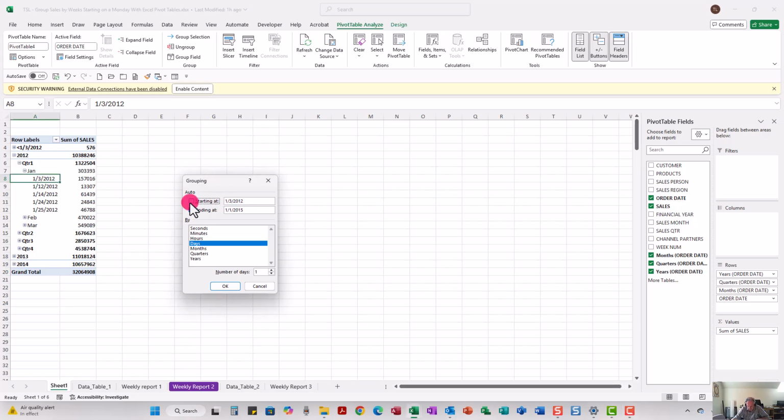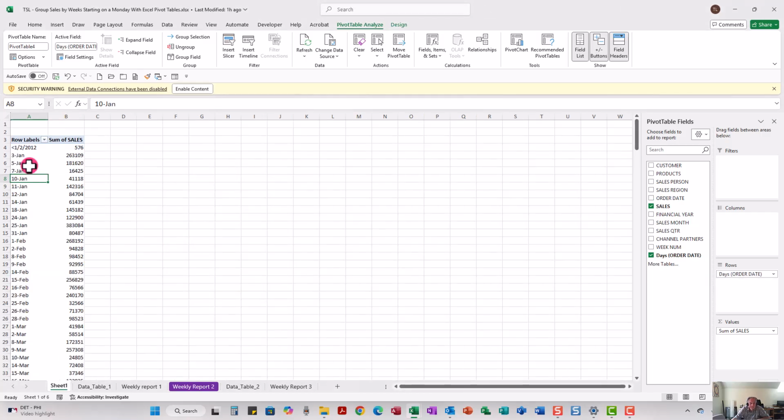And then I do want it to end January 1st, 2015. But again, by not starting on the 3rd, Excel is smart enough to know that I need to set the starting date to be the 2nd. So I changed the 3 to a 2, and Excel will know that it's a Monday. When I click OK, and then group it,